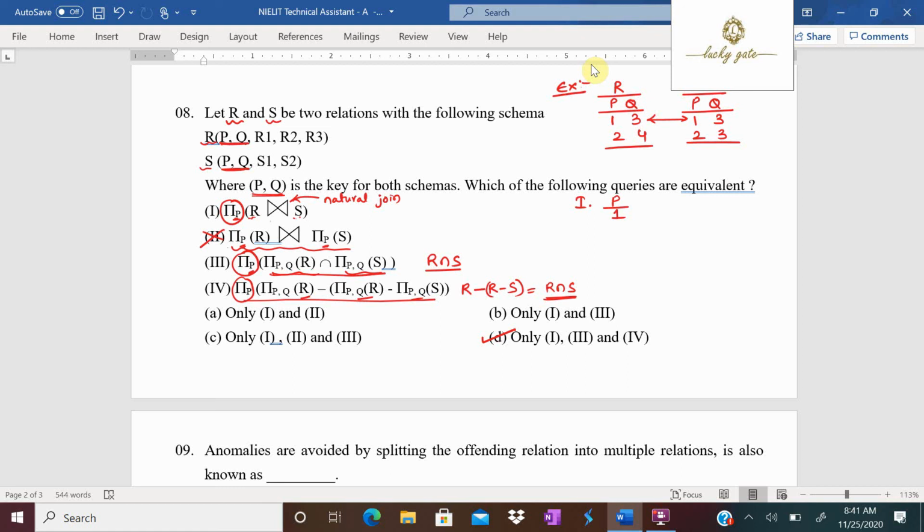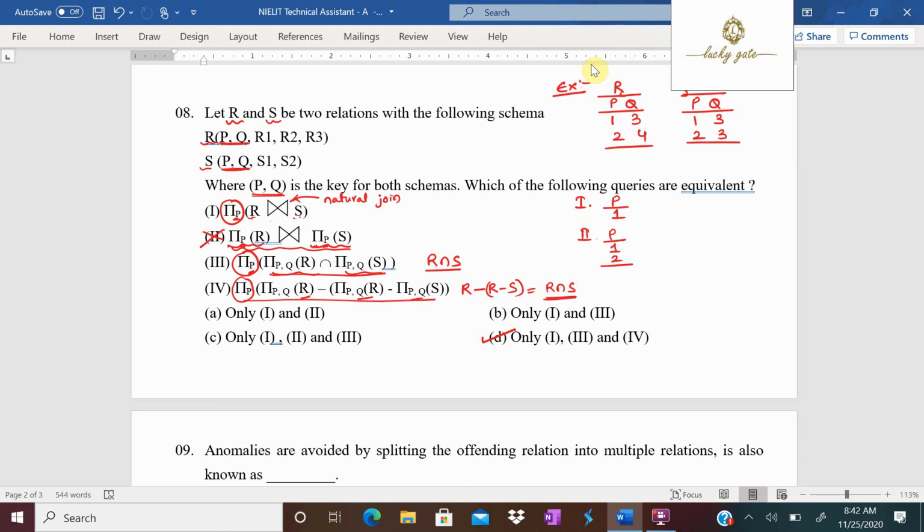In the first query. Second query. The second query is performing a join between R and S with respect to the P column only. First it is projecting the P column of S, projecting the P column of R, then performing a join between the P columns. Now, if the join is between only the P column, then you can see 1 equal to 1 matches, right? And 2 equal to 2 matches. So what values of P are going to be in the output? It is going to return both 1 and 2. So definitely it is giving a different output than 1. So 2 is not equivalent to 1.